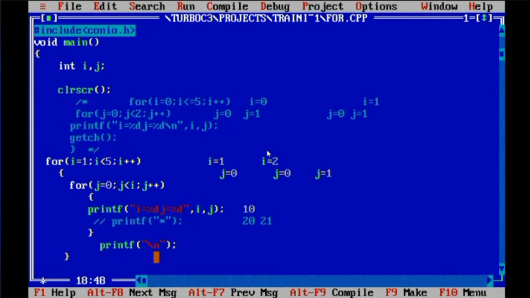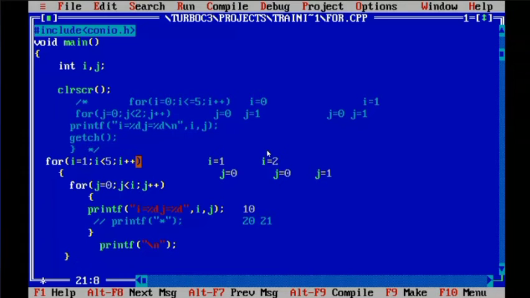Now the j loop is over. 1 is less than 2, j will become 2. 2 is not less than 2, so it will come out of this loop. It is here. Now it will go to this line. In this line, again one new line is there. It will go to the next line. Then whether i is done, if i is done, it will go out of the for loop. But yes, i is not done.